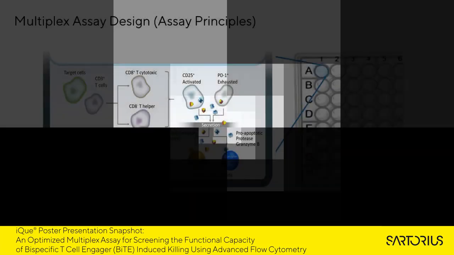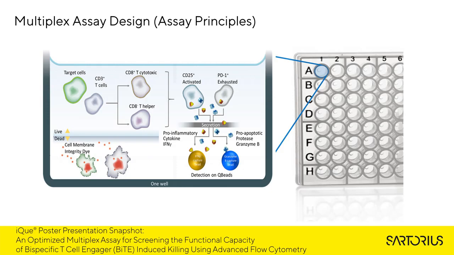This slide demonstrates the multiplex assay design, showing the various metrics determined from each individual well. The effectors and targets are differentiated from each other by the encoding dye, and live and dead cells are identified using a viability dye. Surface marker protein antibodies identify CD3 positive, CD8 positive cytotoxic, and CD3 positive, CD8 negative helper